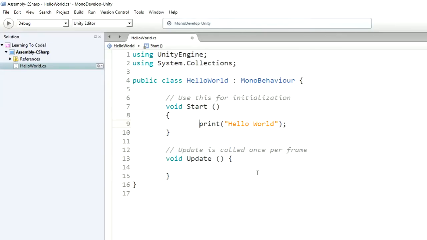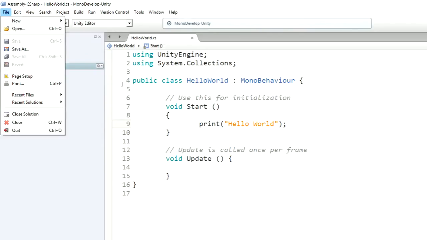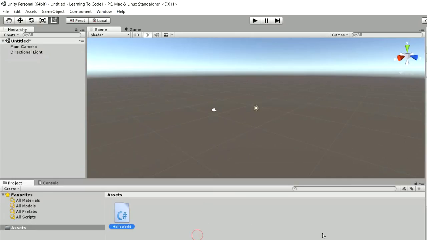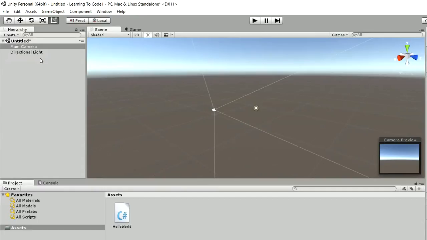And we're going to click Control, we're going to save it. Control S is a great shortcut, or click File and Save if it's not already highlighted. I've pressed Control S, so mine is already saved. Now you don't need to close MonoDevelop, you just go back into Unity. You see down the bottom right there's a little spinny thing comes up, and it just shows that it's compiling this script. And because this script is on my scene, attached to my camera, when I run, I hit play,